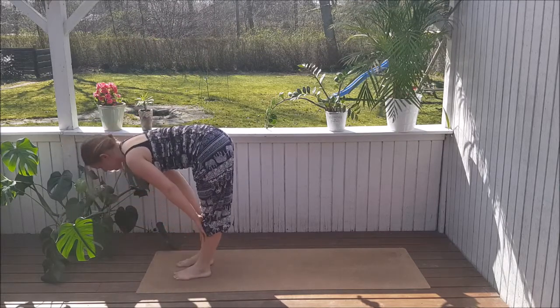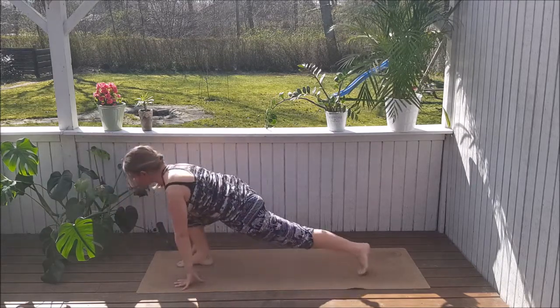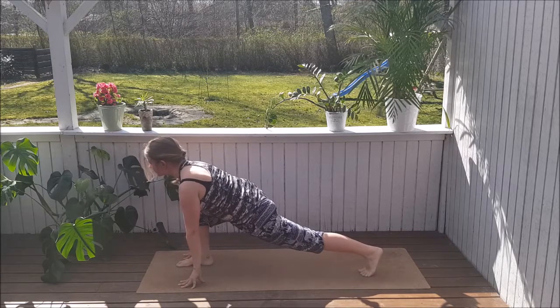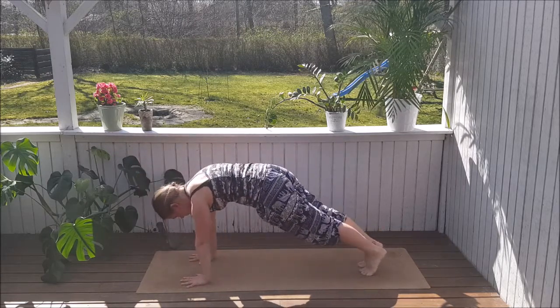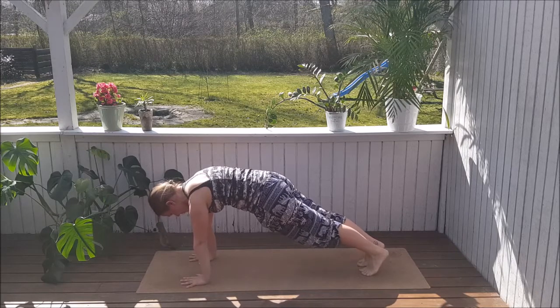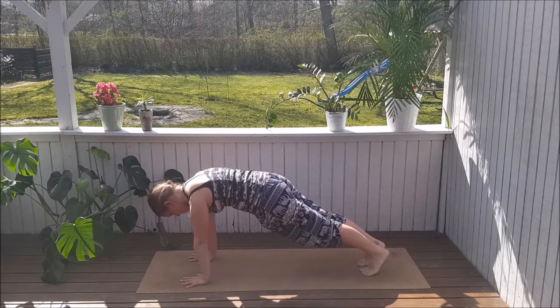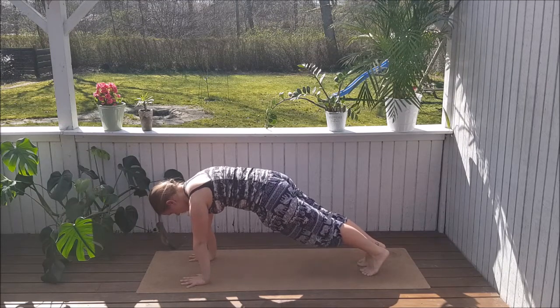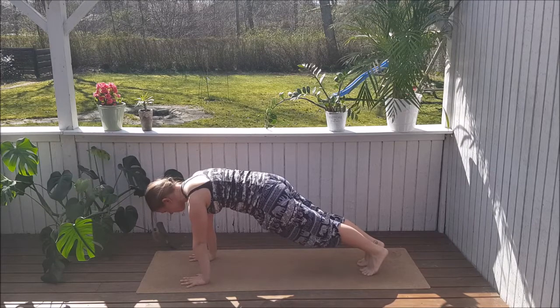Inhale to find length and exhale, planting the hand, stepping the left foot back this time, followed by the right foot, stepping into your plank pose. Imagine your wrists pulling towards your feet, toes pulling towards the wrists. So it's like your mat wants to bubble up in the center from all the energy that you're creating through